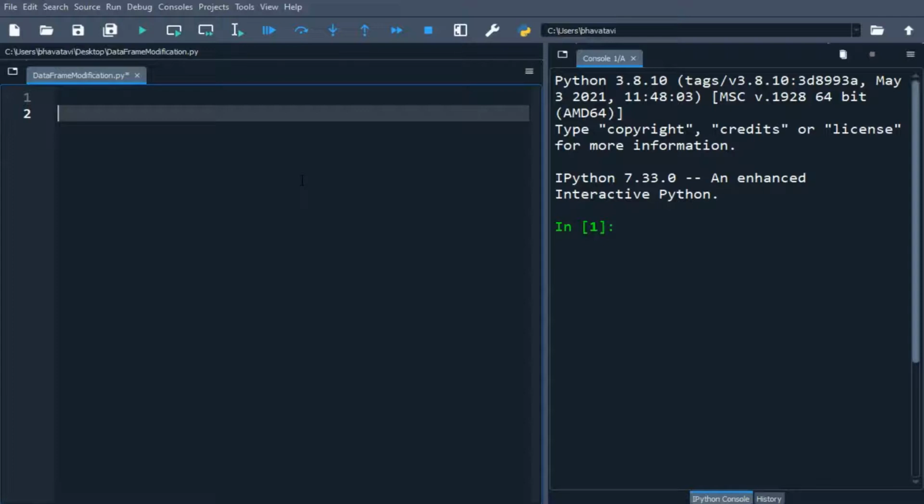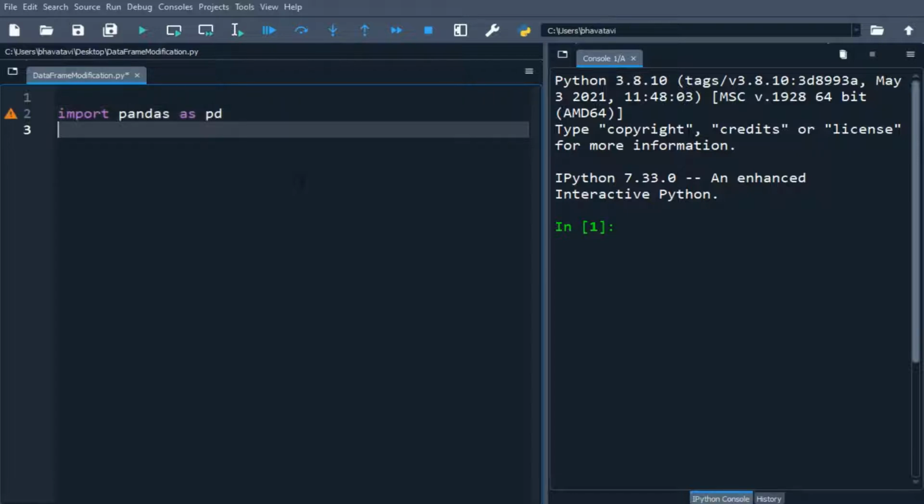In this video we will be learning about data frame modification. So let's start with applying some filter. For that we will be using the data frame where function. For that we are going to import pandas as pd, and then I am going to make a student